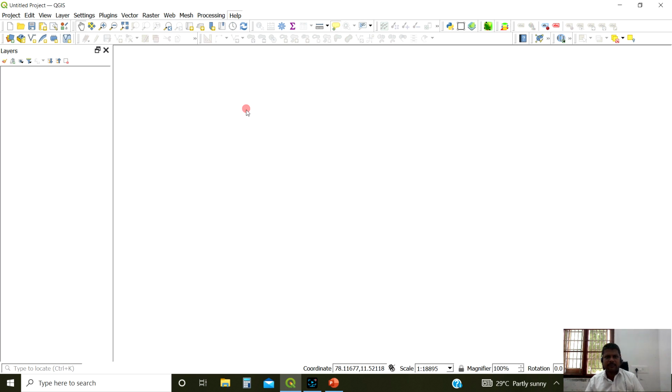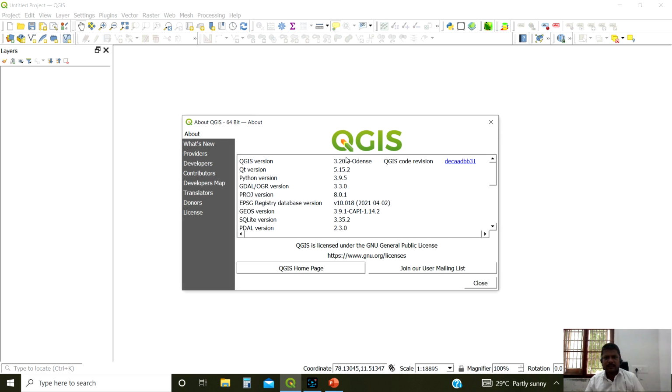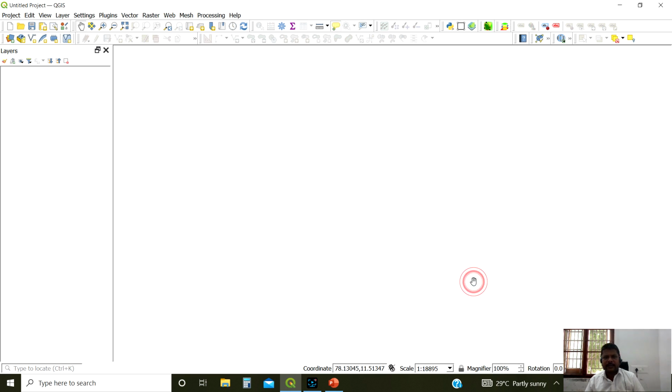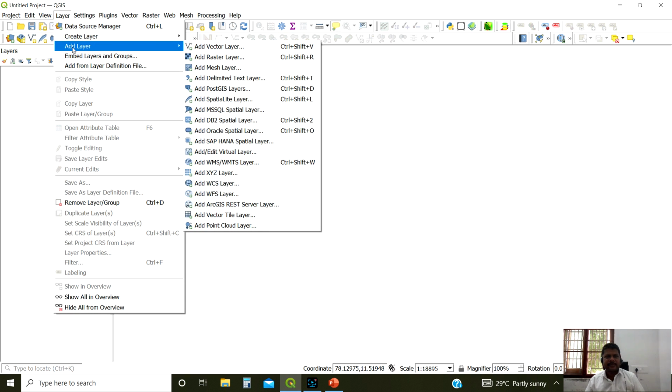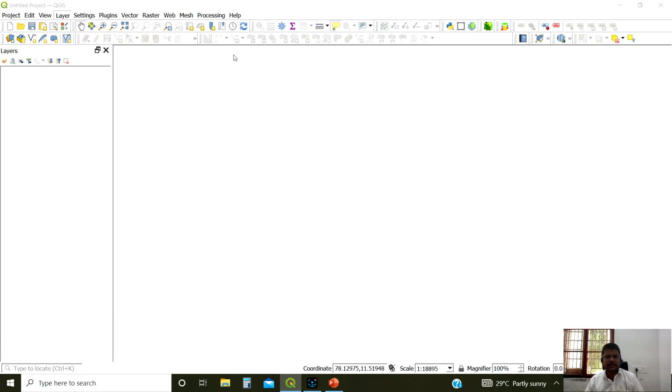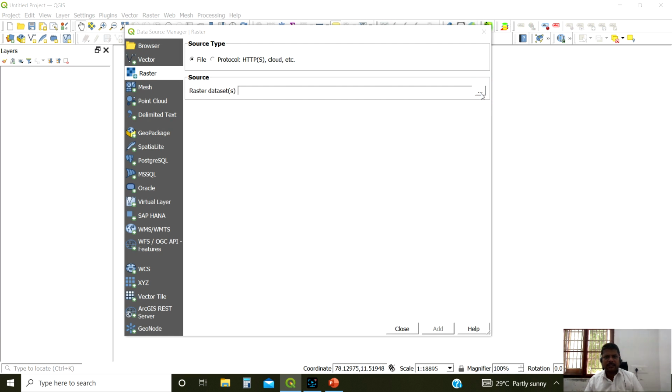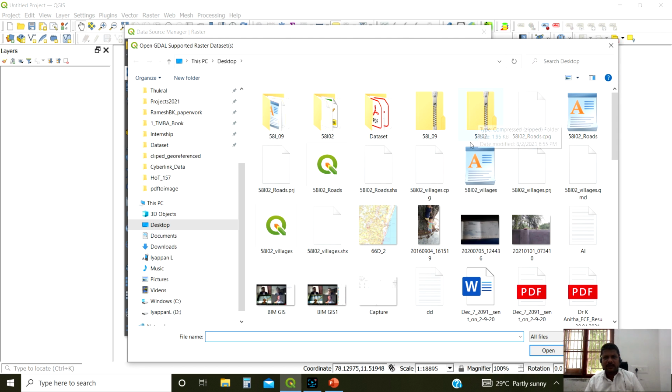The version of the software is 3.20. Initially we can add a layer, add raster layer. Raster means images. We already georeferenced some images that we can bring here.